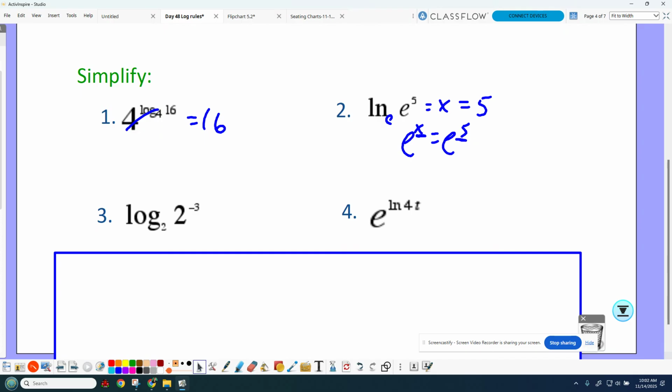Yes, no? Maybe 3. OS says log base 2 and the exponent cancel. And again, they had nothing in the way, nothing in between them. Okay,